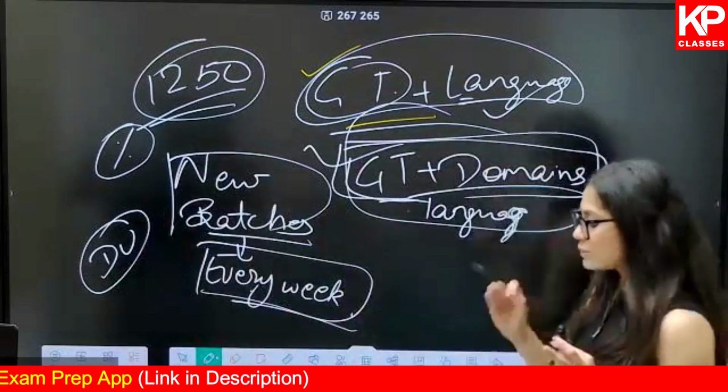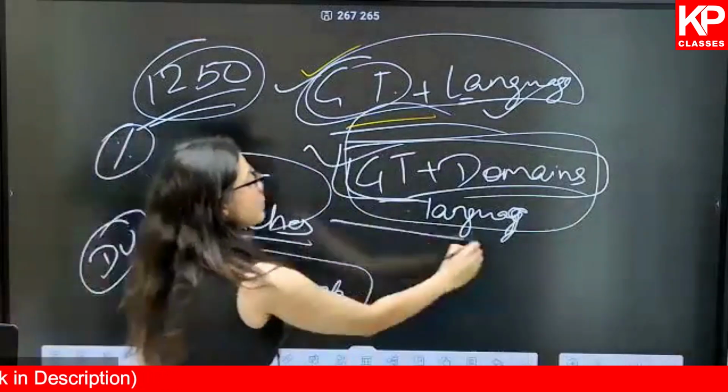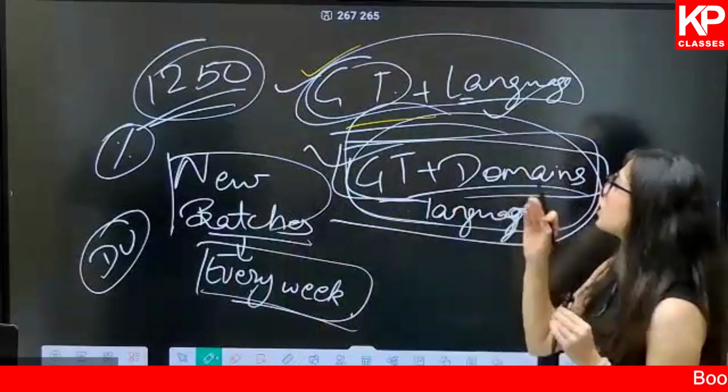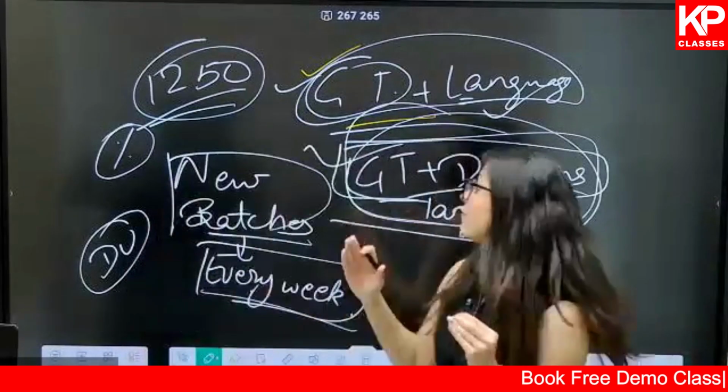But first of all, the USP here is that you will be getting your customized plan. Customized GT plus domains and language, or GT plus language, as per your needs, as per your specification, and every